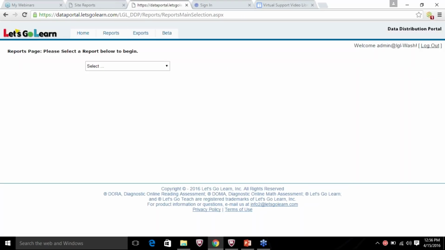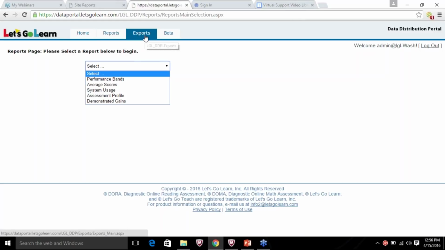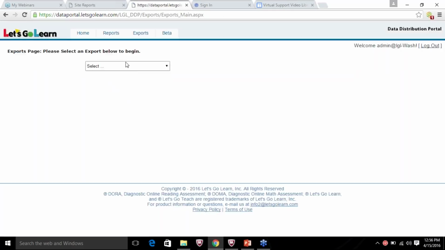So reports will allow you to pull up right on your computer different ways to demonstrate the data, perhaps in a graph format, in performance bands, profiles, and things like that. The exports will allow you to actually export that Excel file right to your computer. So if you need data in a different way, you need raw scores. You will also get a drop-down. You want raw scores report, pre and post gains would be an export, usage. So if you're using the EDGE program, you can quickly pull that instructional usage and see where you are. That can all be downloaded right to your computer.